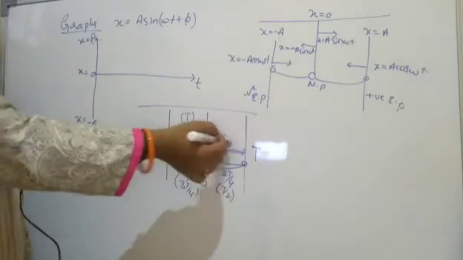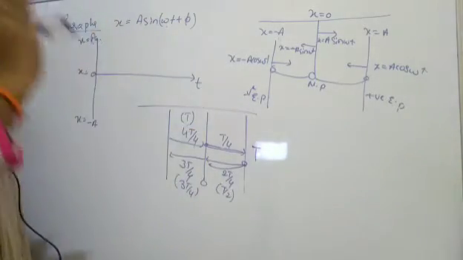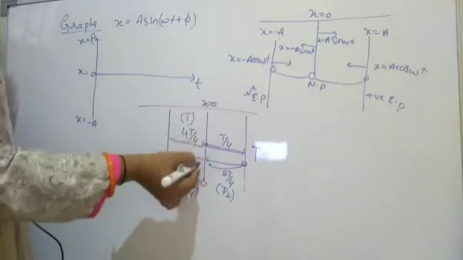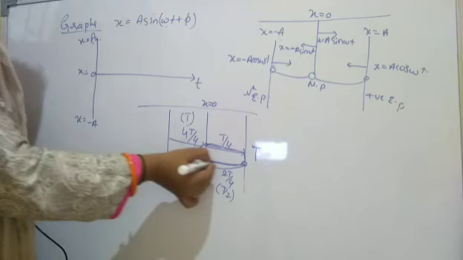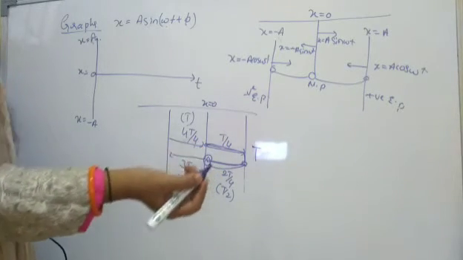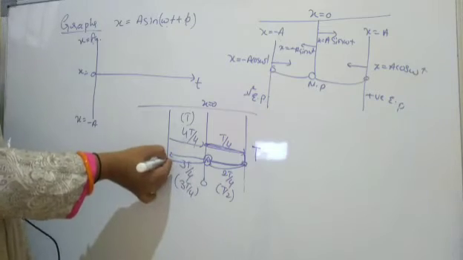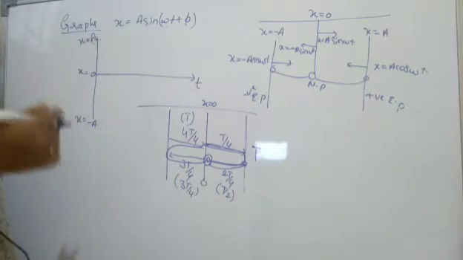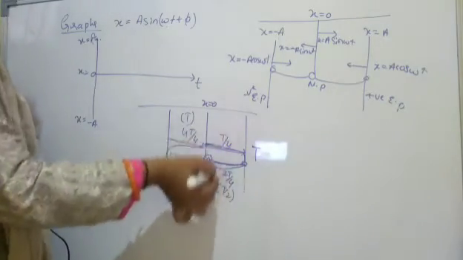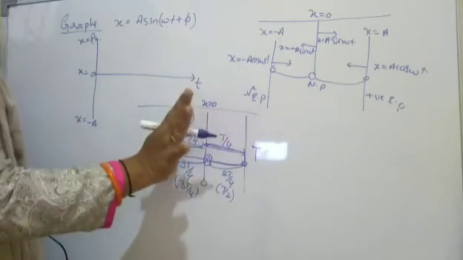We have taken that the particle is executing simple harmonic motion from the mean position. It goes to one extreme, comes back and meets the original position, but it will not stay there. Again it will move to the next extreme and come back. When it comes back to its original position, that is the completion of one oscillation, the time period. If it comes back only here, this is not a time period.